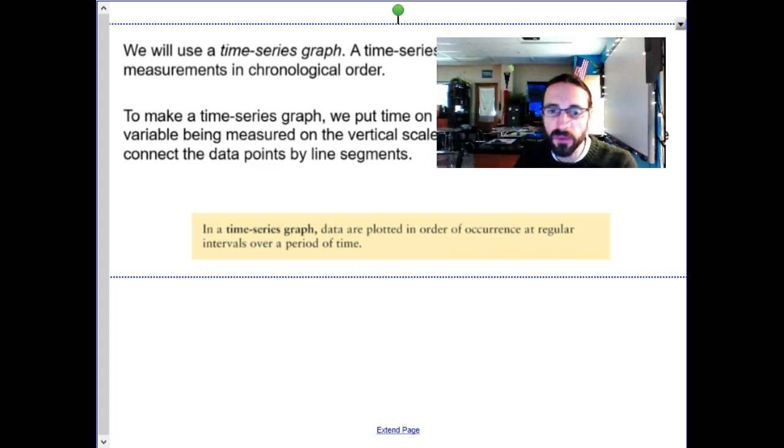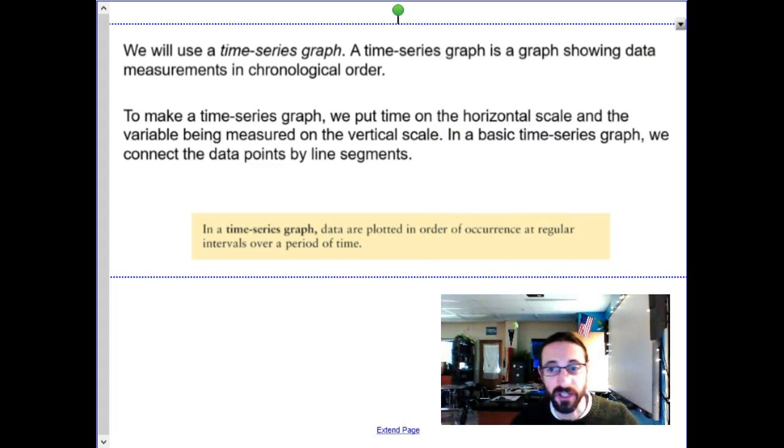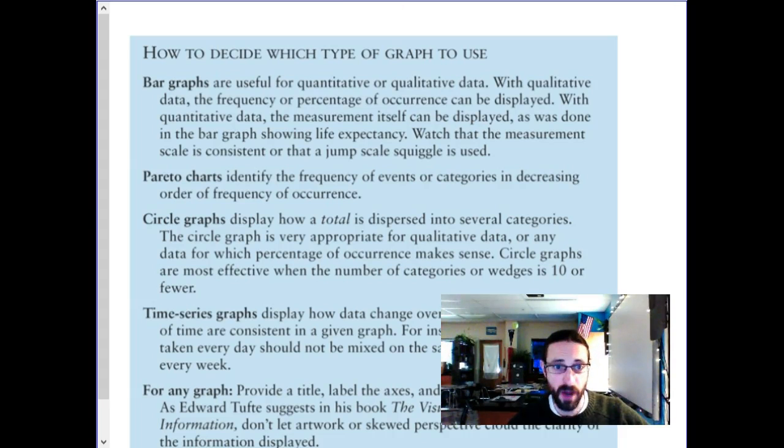Now, the last one we need to talk about is time series. The key on time series is the horizontal scale is time, and the variable being measured is the vertical. You always want to make sure that the interval on the bottom is at regular intervals. So if you're talking about years, hours, seconds, millions of years, whatever, each bar has to be the same width apart so you can actually look at the data. And of course, these are really popular